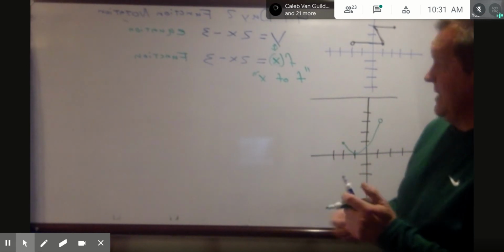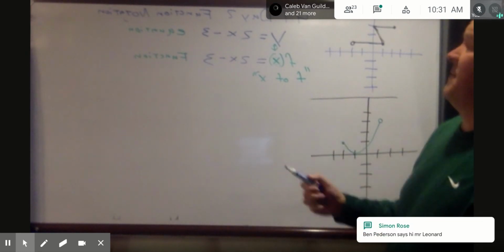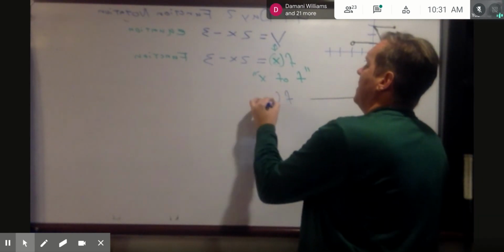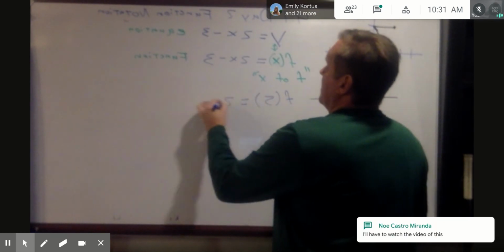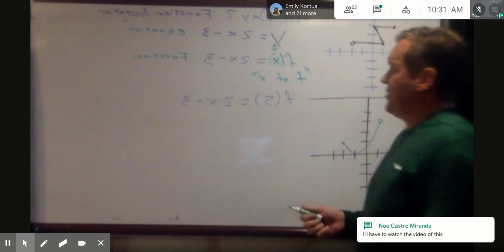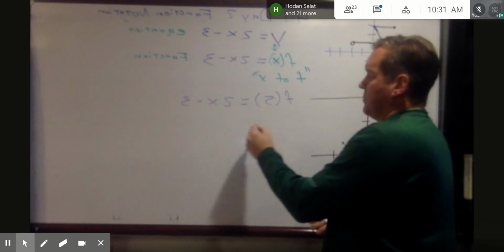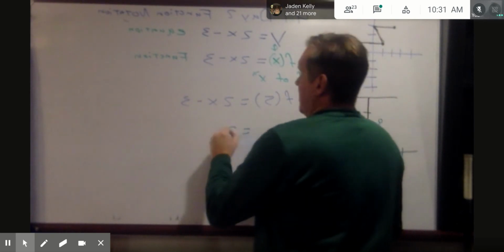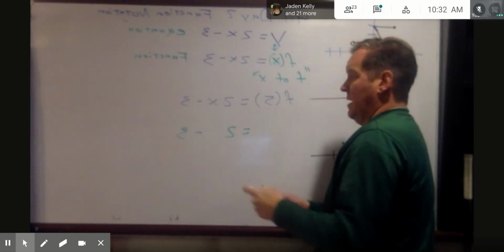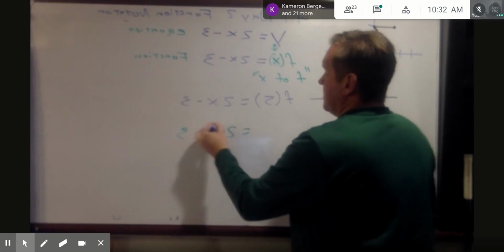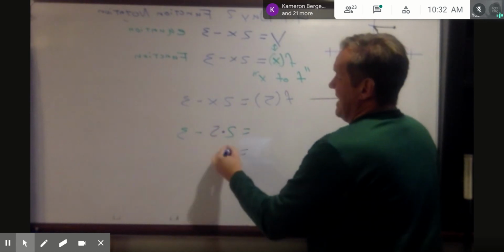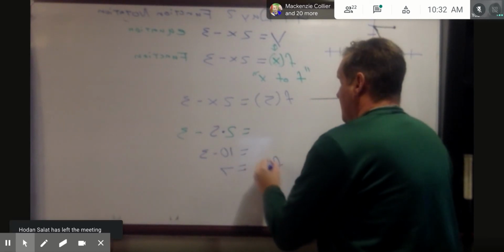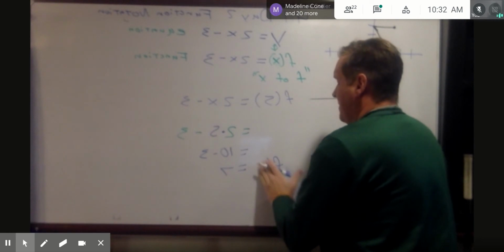So what you're going to be doing today is they're going to give you values to plug in for x. So for example, I may say f of 5 of the function 2x minus 3. And what you're going to do then, as you work through this problem, is wherever you see an x, you're going to replace it with this number. So I'm going to go 2 times 5 minus 3. I'm going to plug in the 5. 2 times 5 is 10. 10 minus 3 is 7. So when I'm done,